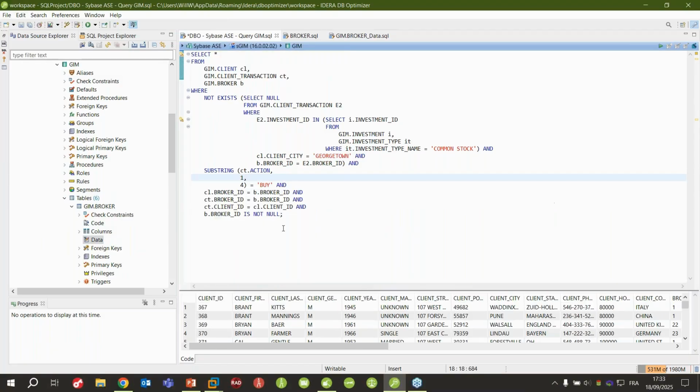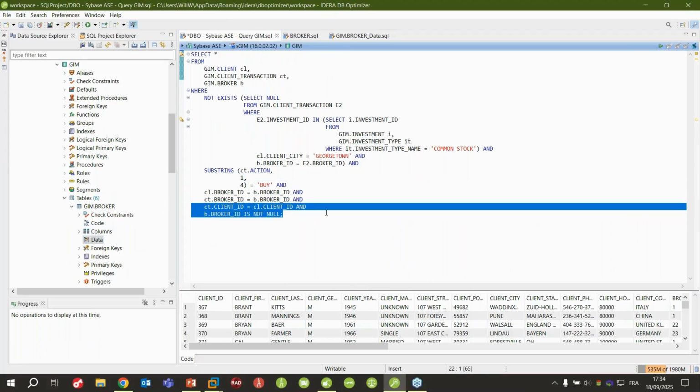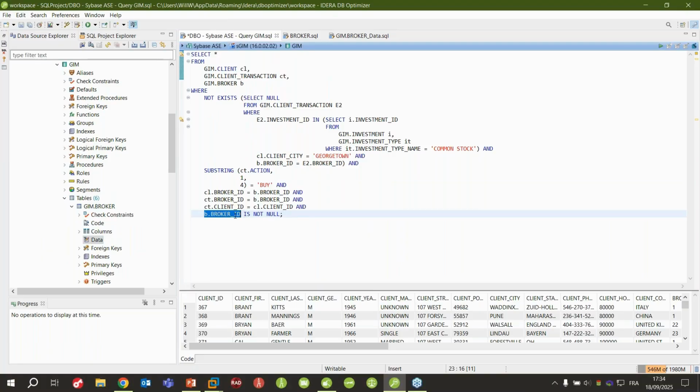So if I scroll down to see the end of the query, you see that currently it is ending with my broker ID is not null, but this specific query is using two tables, and for these two tables we don't have all the different transitivity, like we can see. So if I double click on this, it has automatically added the missing link between my two tables. So we don't have the Cartesian product of this specific object.